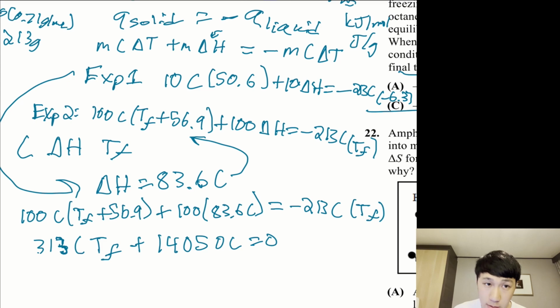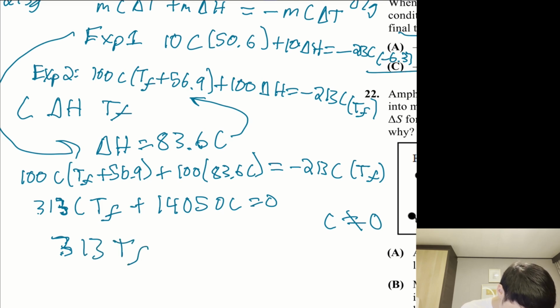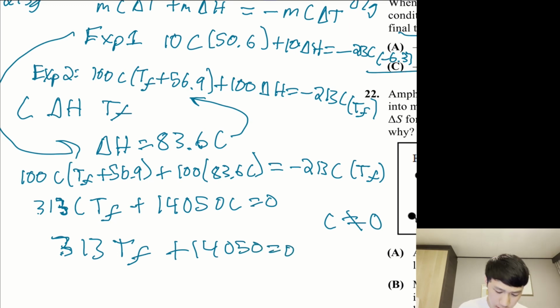Now, what we can do is divide both sides by C, because C we know cannot be equal to 0, right? So we're not really getting rid of any information if we're dividing by C. So that gives us 313 times TF plus 14050 equals 0. And if we move the 14050 to the other side and divide, we find that T final is equal to negative